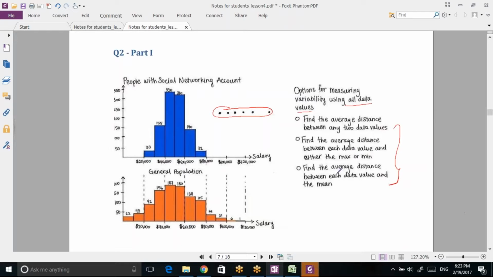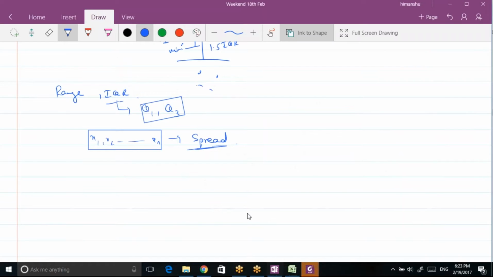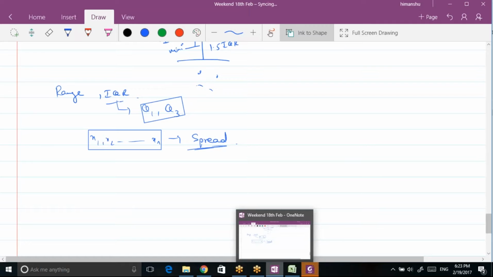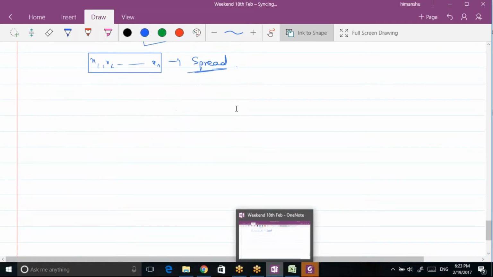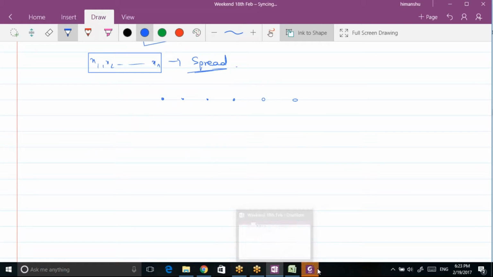Okay, so I need to devise a method to find out variability which uses all the points, right? Suppose I have these six data points: 1, 2, 3, 4, 5 and 6. Now the first option says